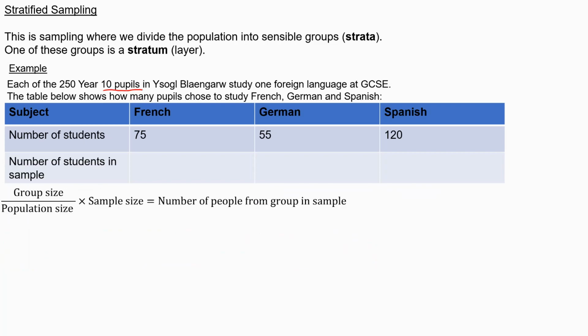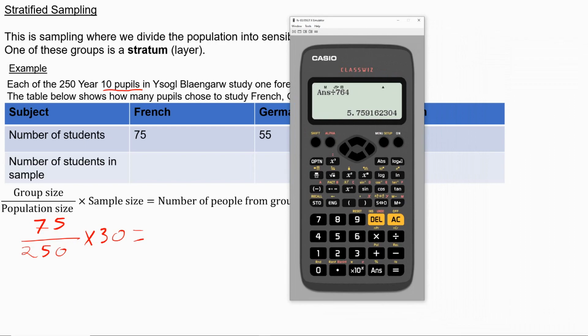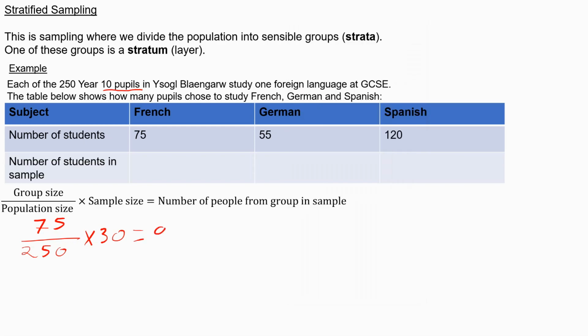We can use this to work out how many students from each language group ought to go on the trip, or how many pupils from each language group should be in the sample of 30. So for French, I'm going to do 75 out of 250. That's just the fraction of pupils to study French. And I take that fraction and multiply it by 30, which is the desired sample size. And I'm going to use my calculator to do this. So I have 75 divided by 250, and I do my answer multiplied by 30. This gives me 9. So that means we should have 9 students of French in